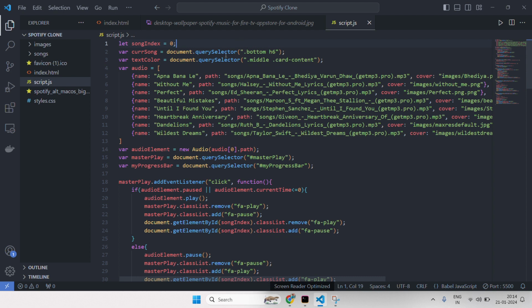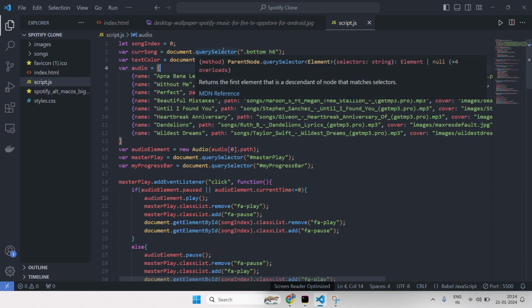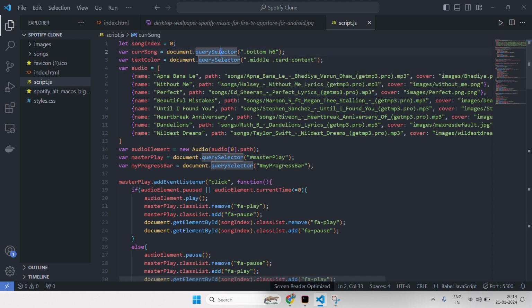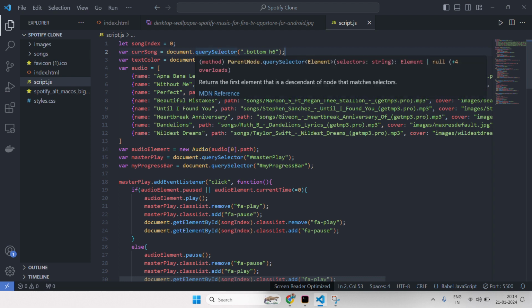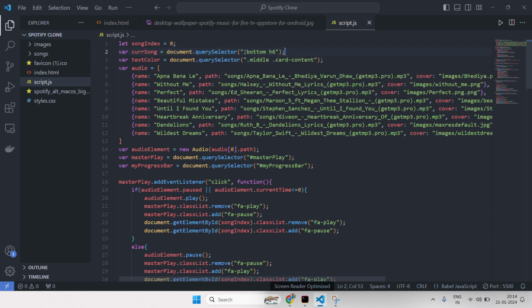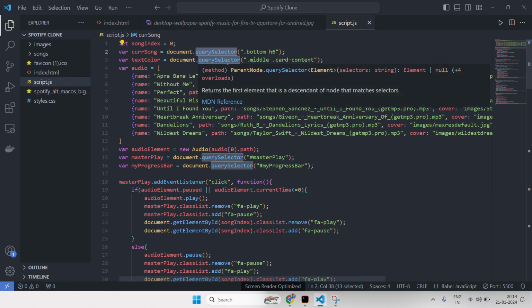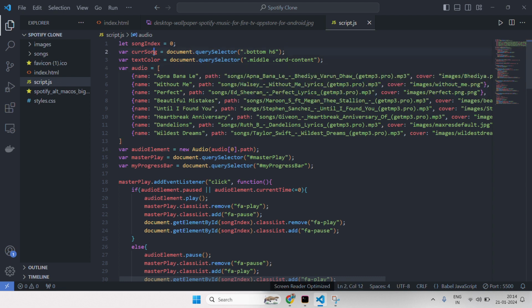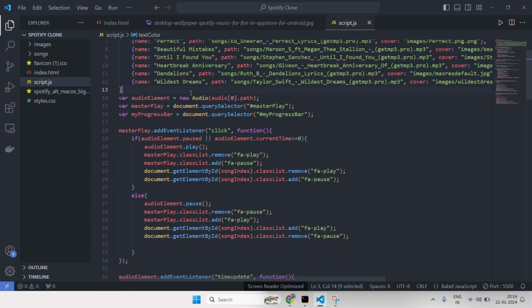After that, we will use document.querySelector. We are using some queries and DOM operations for the functionality of this app. So we are taking these classes, dot bottom and h6, as the HTML element, and we are using document.querySelector to catch it for current sound and text color. After that,